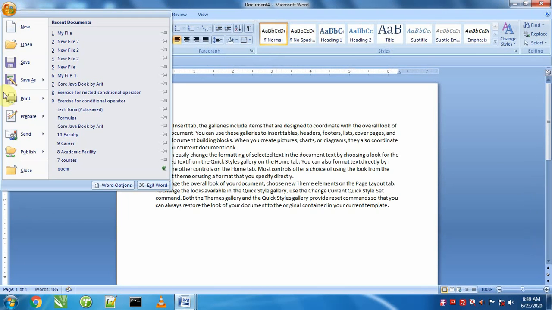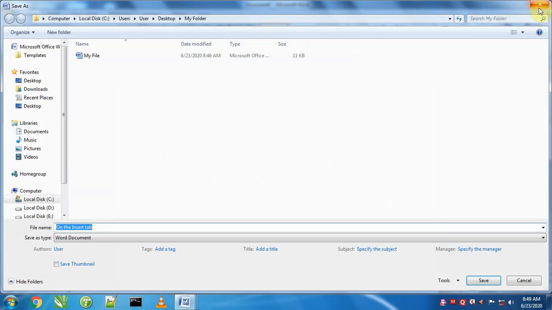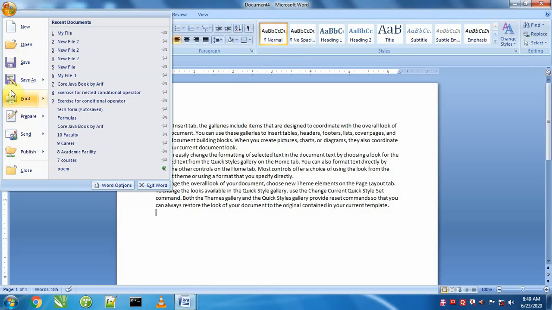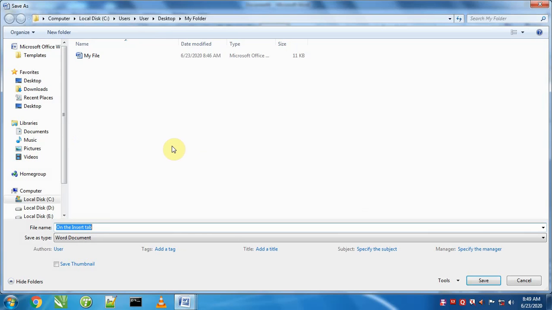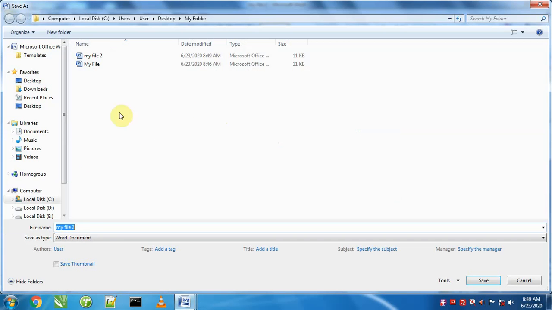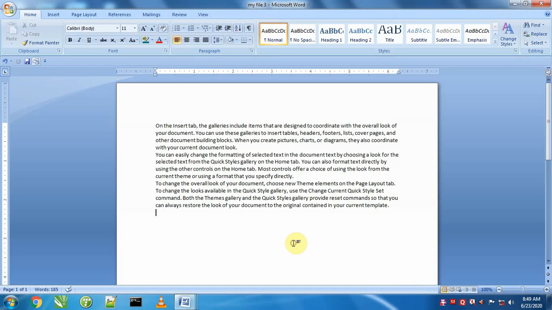If I click on Save As, because this file is not saved yet, it will save this file like this, my file 2. But if the file is already saved and we click on Save As, then it will rename that file like this, my file 3. So we can rename a file with another name.